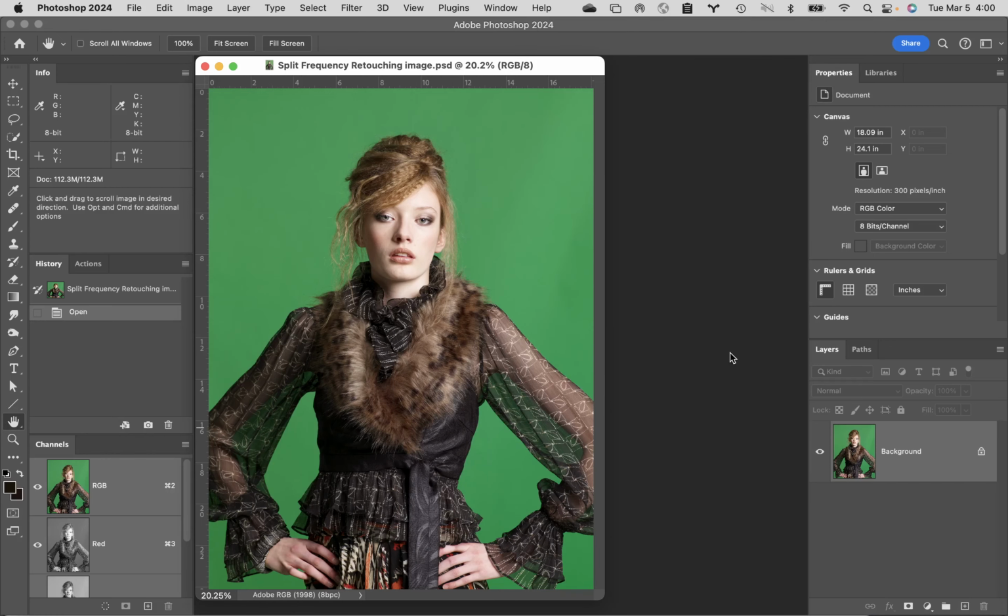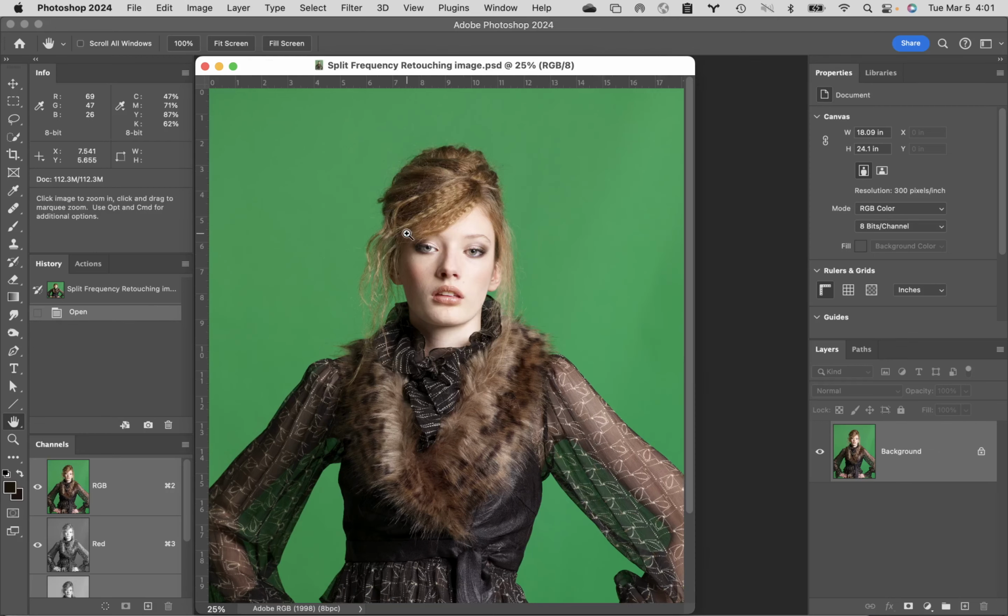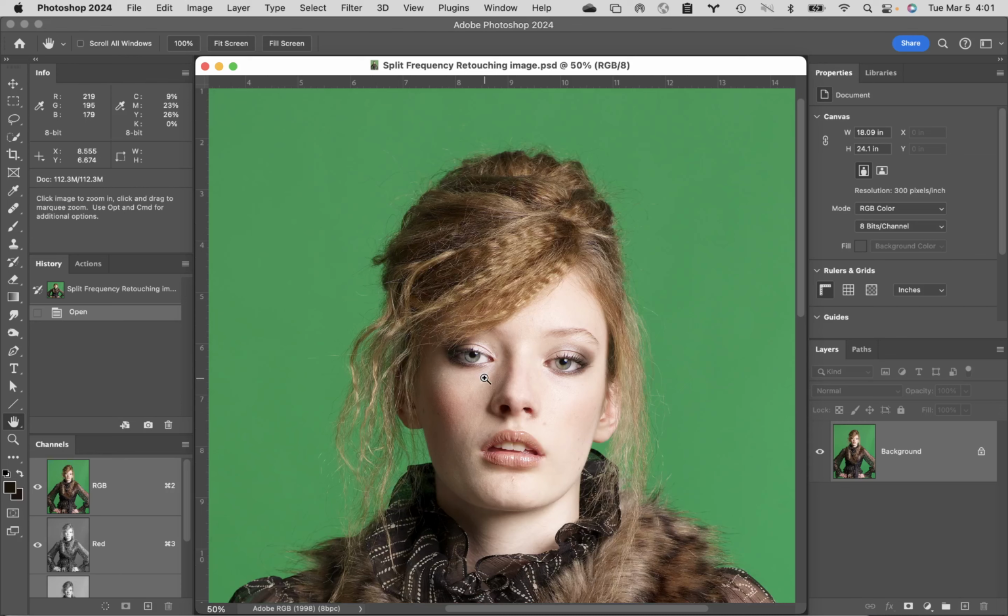So, did anybody not find this image? Girl on green? Okay. So, when I was talking about split frequencies, I need everybody to zoom in really quickly